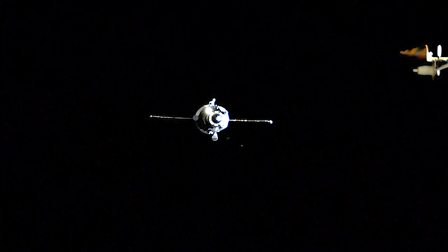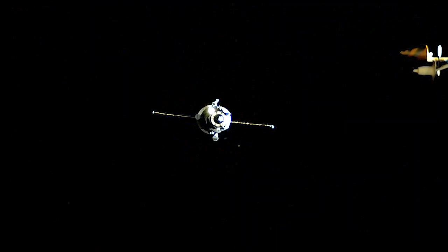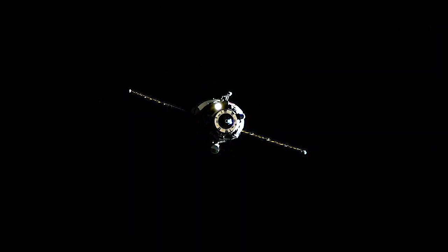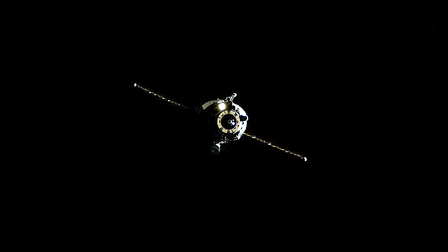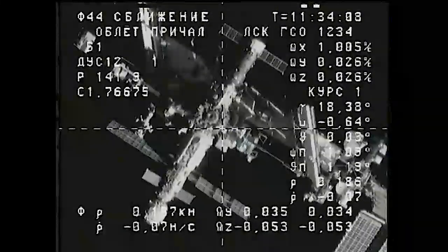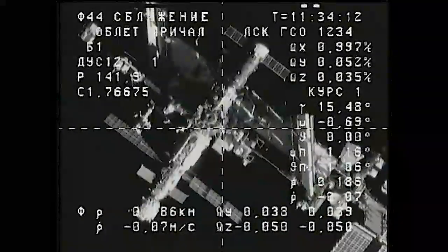Again, Progress in the final stretch to deliver 5,715 pounds or 2.8 tons of cargo to the International Space Station. Within that cargo is 3,501 pounds of propellant, 88 pounds of nitrogen, 926 pounds of water, and about 1,200 pounds of dry cargo, which includes spare parts and other supplies for the crew on board. And now just about 141 meters separating the Progress from the International Space Station. All systems still running smoothly for an on-time docking scheduled for about 2:49